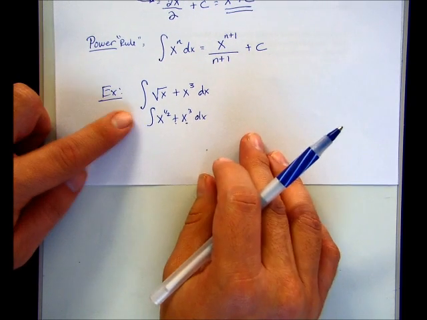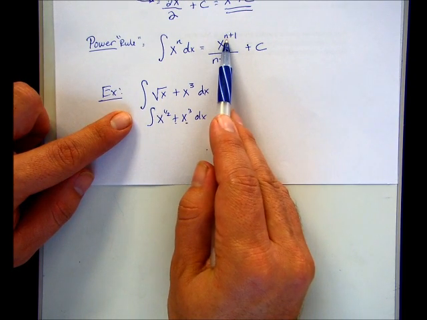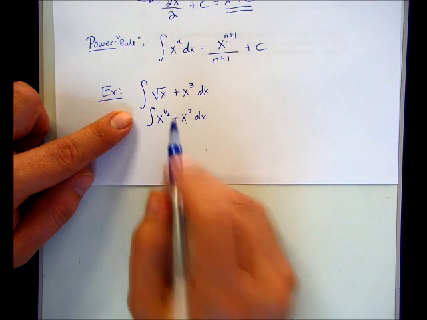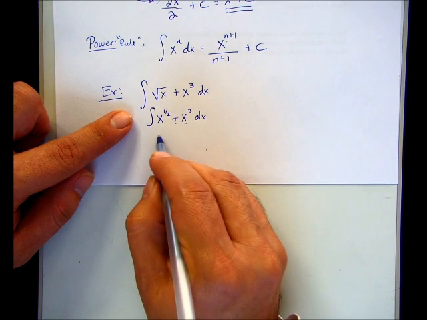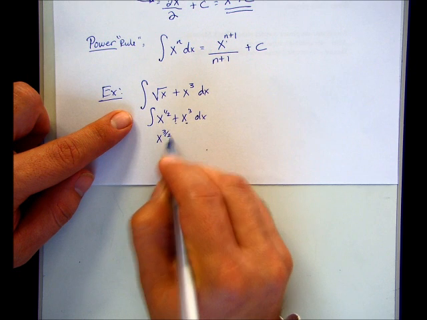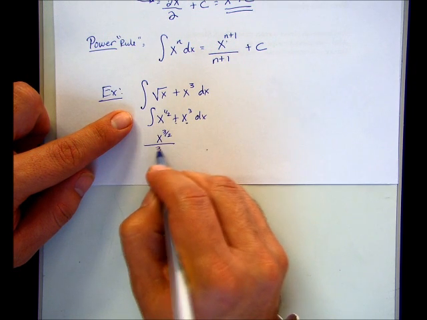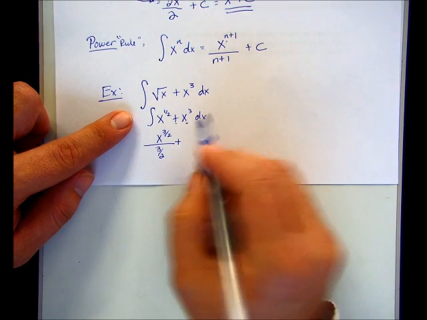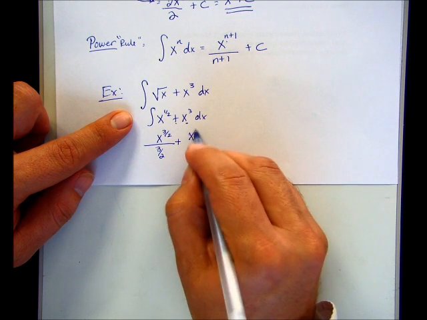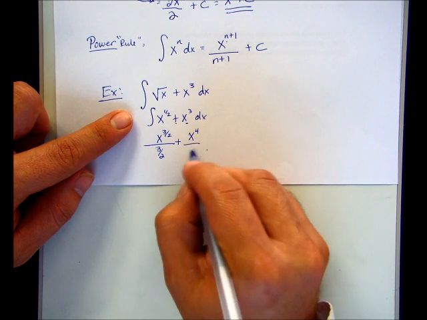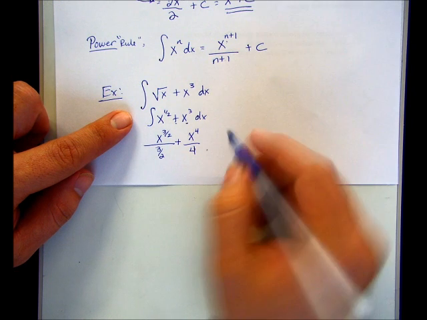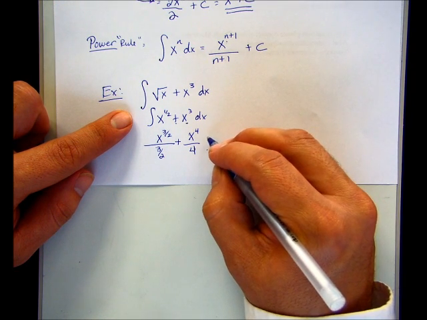The power rule says I add 1 to the exponent and divide by that number. So 1/2 plus 1 is 3/2, and we get x to the 3/2 divided by 3/2. Plus, we add 1 to this exponent, x to the 4th divided by 4, and plus